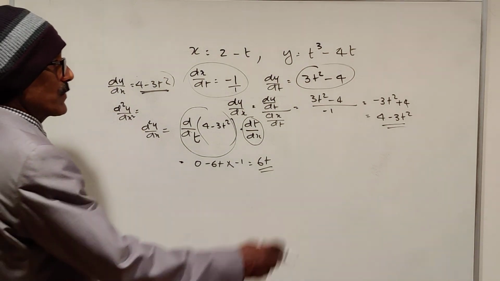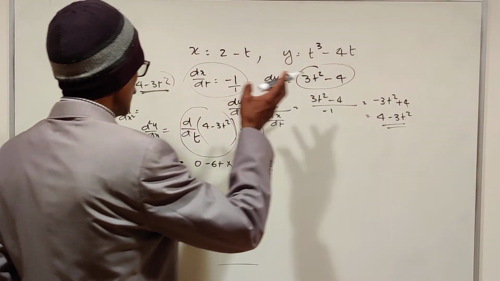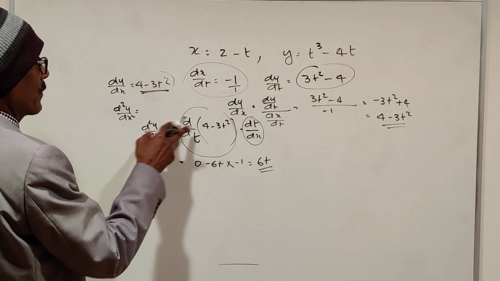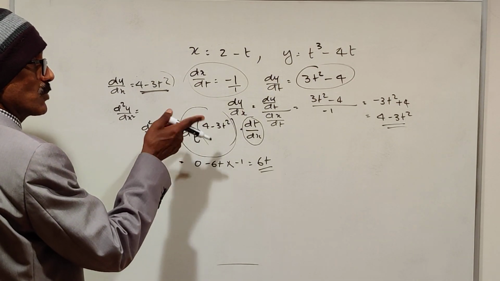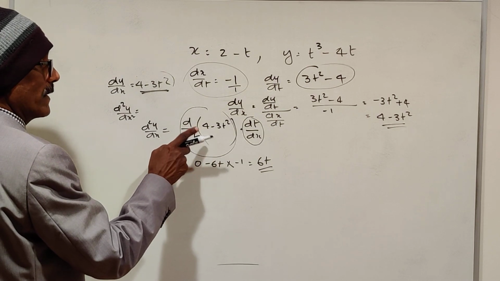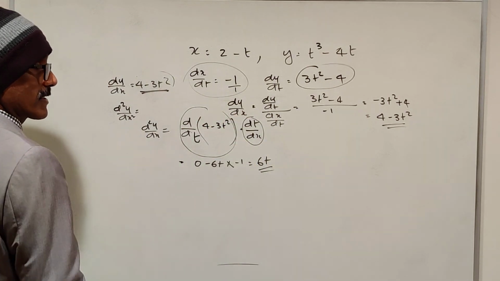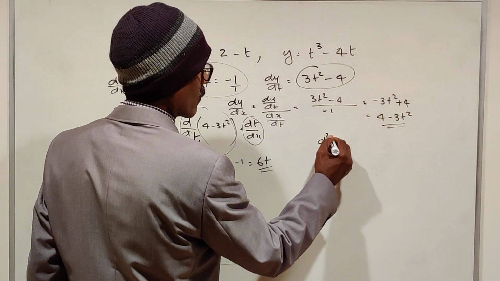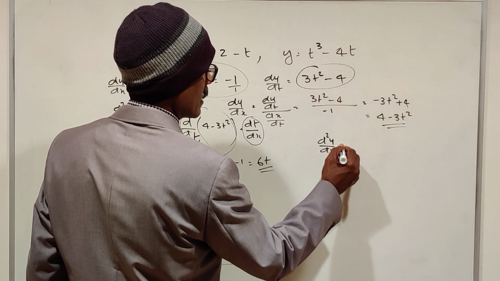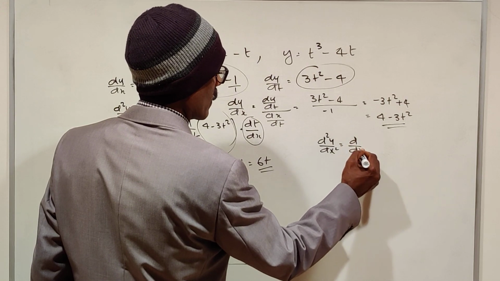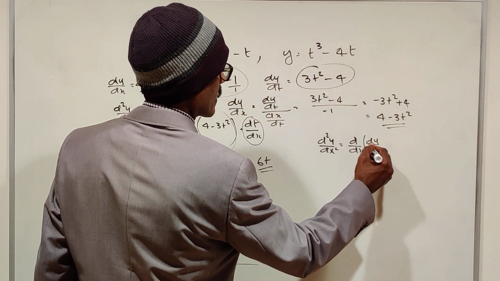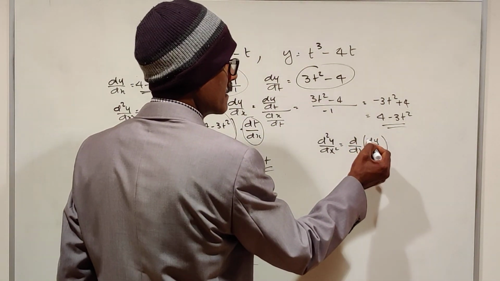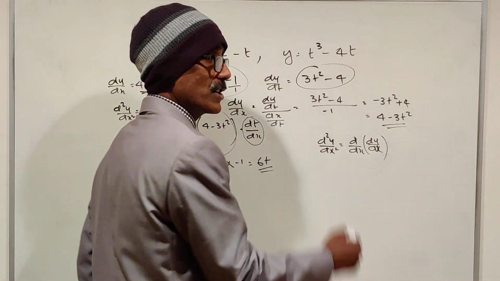So our question is find the derivative, first derivative. If they ask you to find the second derivative, then differentiate the same function with respect to t, then multiply with dt by dx. Okay, see, this is the formula. d square y by dx square equals d by dx of dy by dx. But this is a function of t. Then how can you differentiate with respect to x?